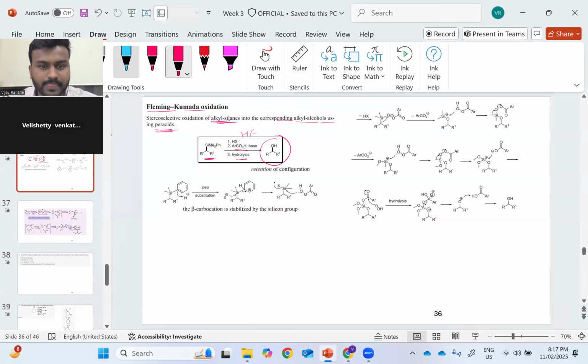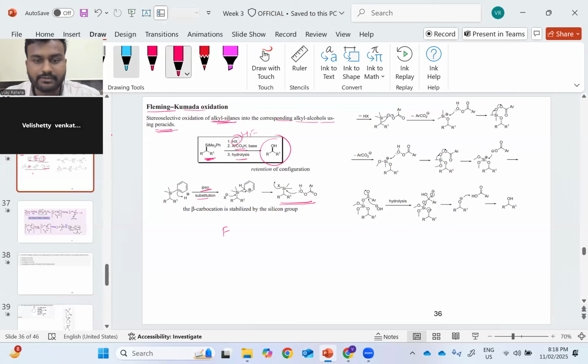So this is the example. Let me check. Yeah, this is the starting material, right? So what happens? The electrophilic addition of this acid, because we are using a per acid. So it forms the H plus here and the cation in the aromatic ring. And because we are using a strong acid, this X minus, in this case let's take the F minus, attacks on the Si, and it forms the intermediate